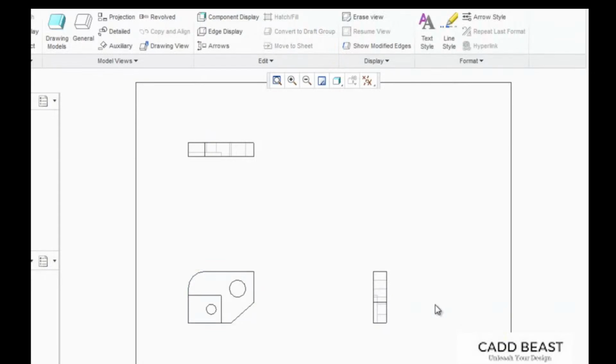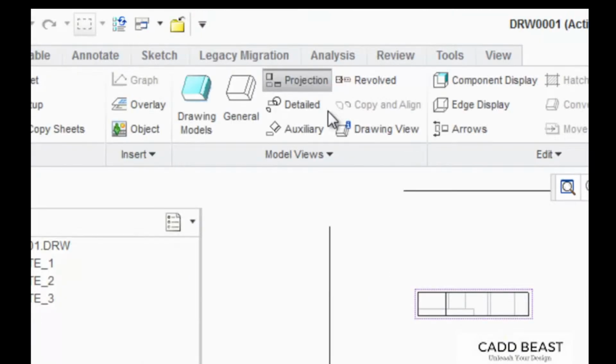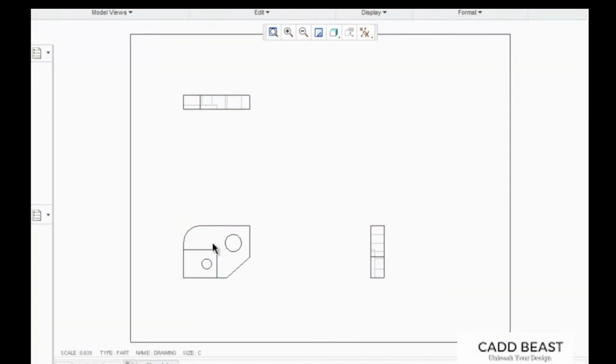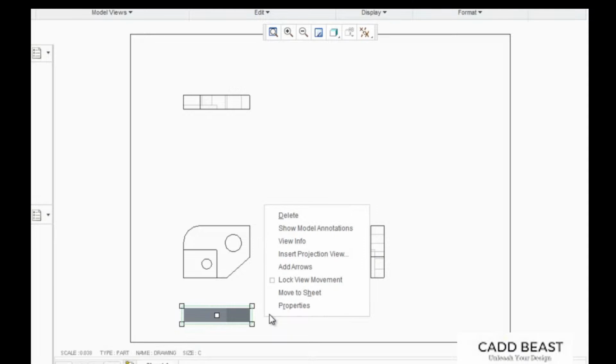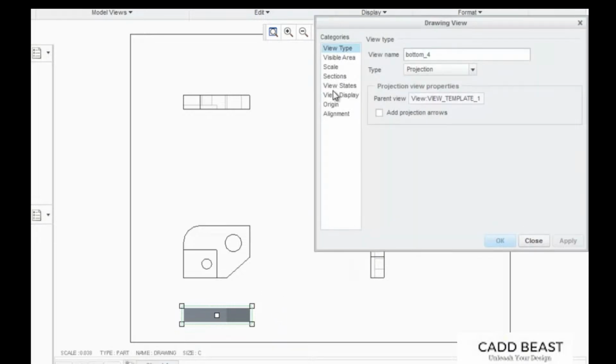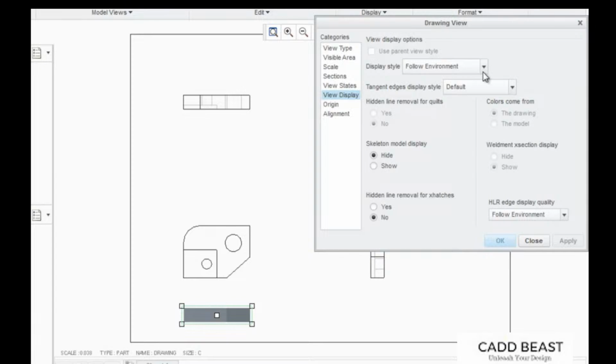To add a projection view, click on Projection in the Model Views tab, then click on the view you wish to add the projection to, and then click where you want to add the projection. Notice that right now it's currently a shaded view and I want this to be hidden, so I'm going to right click and select Properties, and I'm going to click on View Display, and I'm going to change the display style from Follow Environment to Hidden. Now I'm going to click Apply